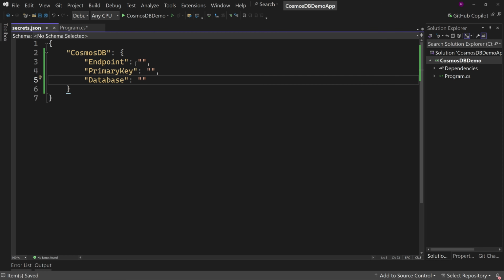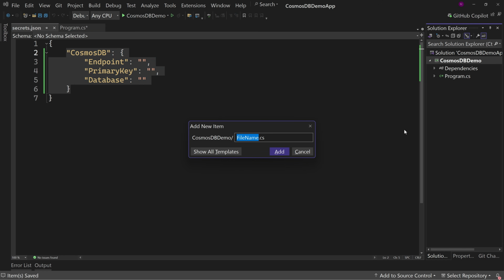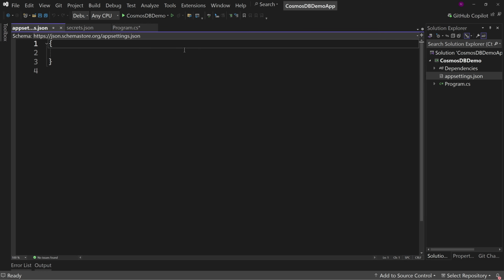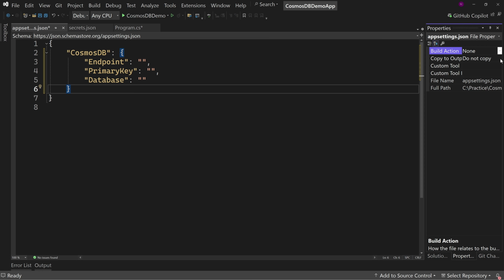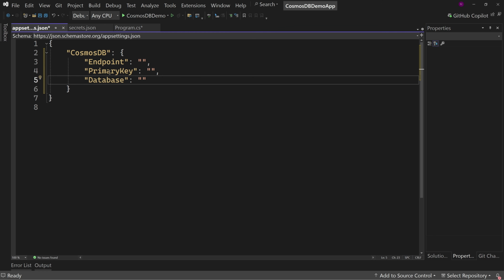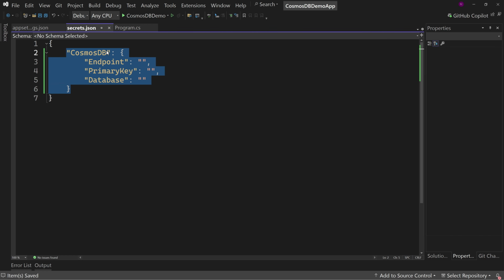so that we can access them without having to check these into source control if we were to add this to source control, or since I'm giving you this code, the code's linked down in the description, I won't be giving you this, which does mean that, you know what, I probably should give you the appsettings.json after all. Control-Shift-A, appsettings.json, just so you have that structure. And I'll also go in here and select the property and say copy if newer. That way, again, you have this as the starting structure. Just copy this structure and put it in your secrets.json